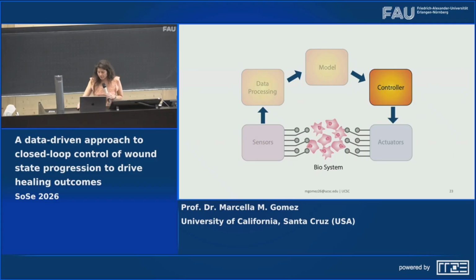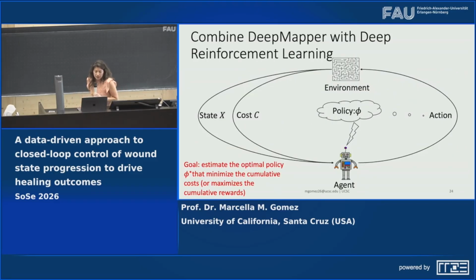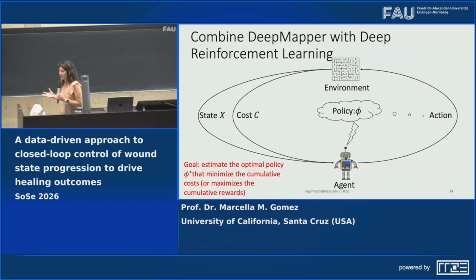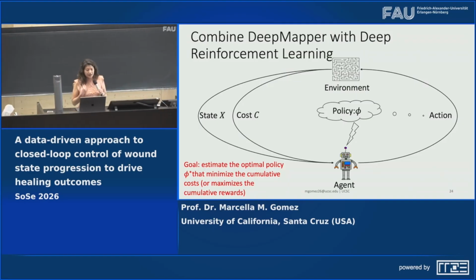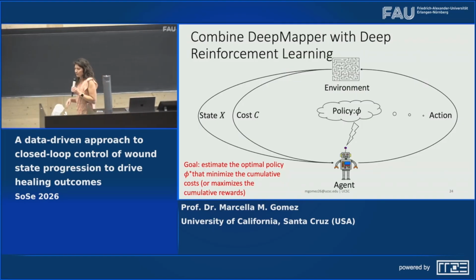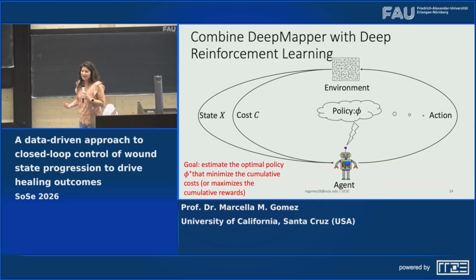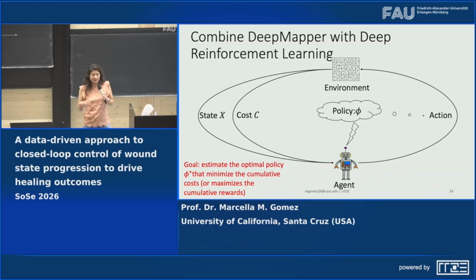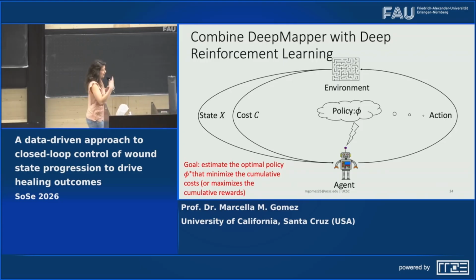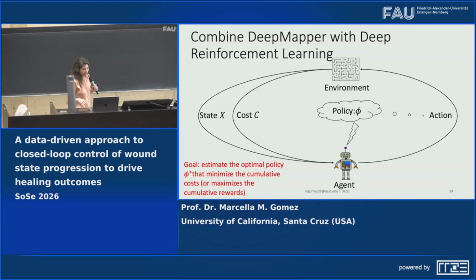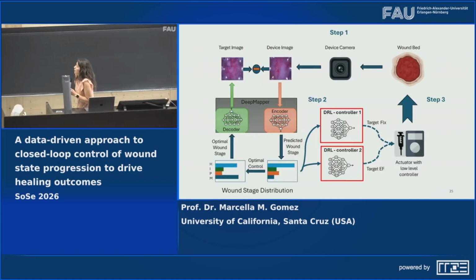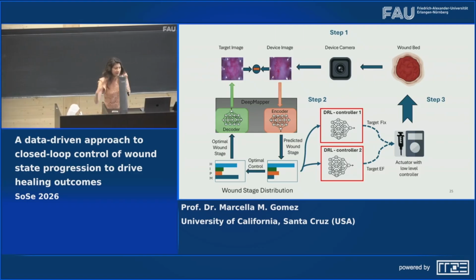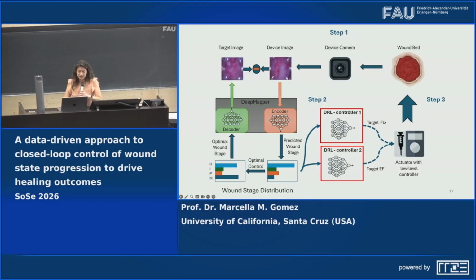Okay, so we move now forward to the controller. Now that we have deep mapper, we can combine this with the reinforcement learning algorithm. I won't give a lot of details about that algorithm. We didn't innovate anything in the algorithm. It's an off-the-shelf actor-critic algorithm, which we have a reference for in the paper. And so we end with our closed loop, where we have the image taken by the device,